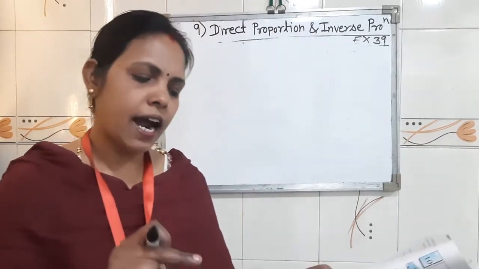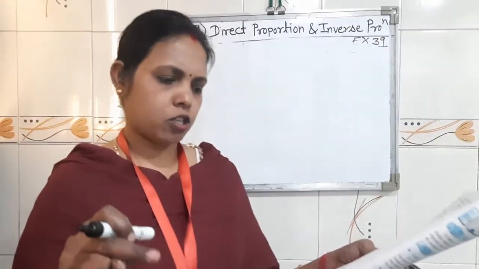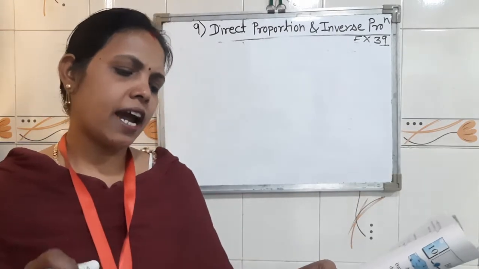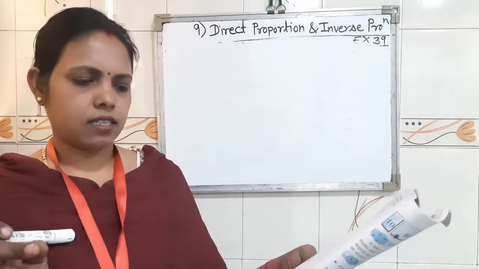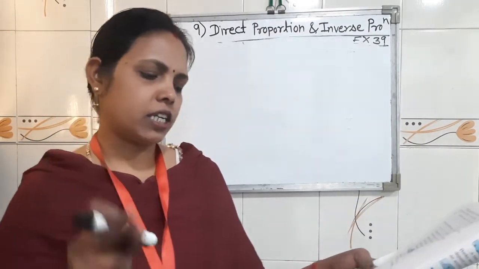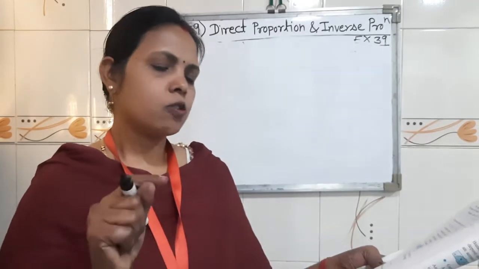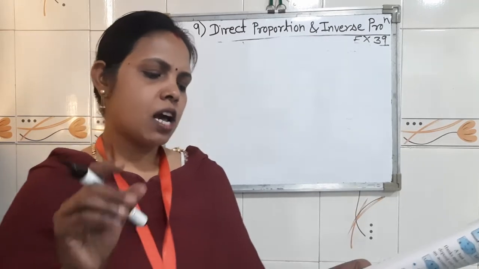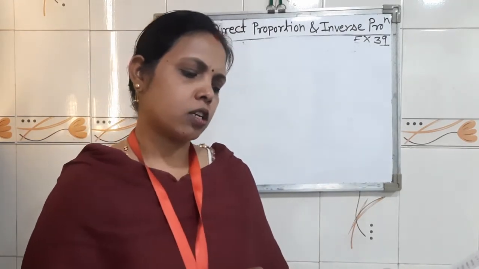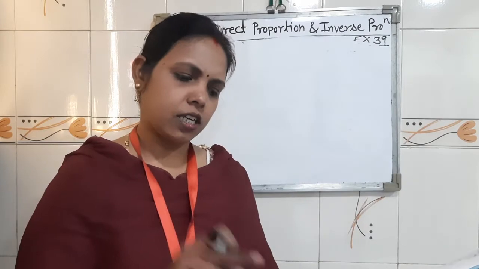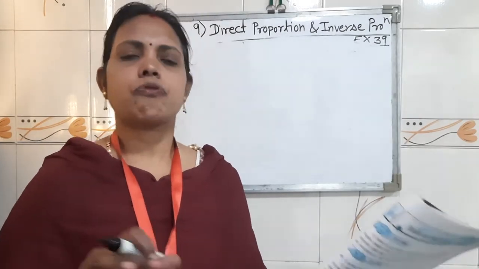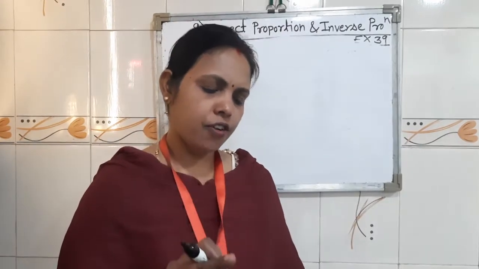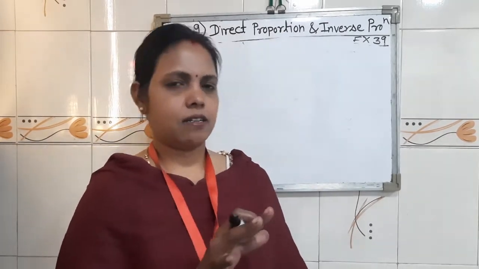You are going to add all these proportions, equal to 3,60,000. After that you will get 20x. Addition of all that, you will get 20x. Then the profit you are going to find out: 3,60,000 into whatever profit they got, 12%, 12 upon 100. In this way you will solve it and you will find out the profit made by Nikhil.